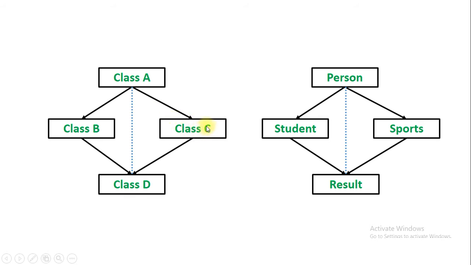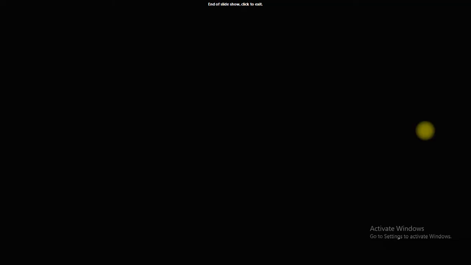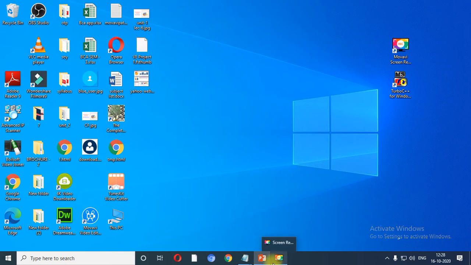That means we have not mentioned any classes with the development of the sports class. But yes, definitely when you create the result class, it inherits from the test class as well as from the sports class. So let us take the example of hybrid inheritance.